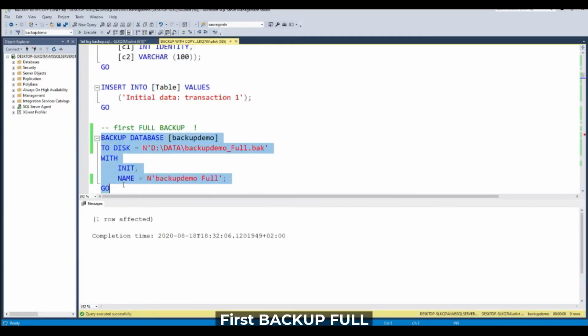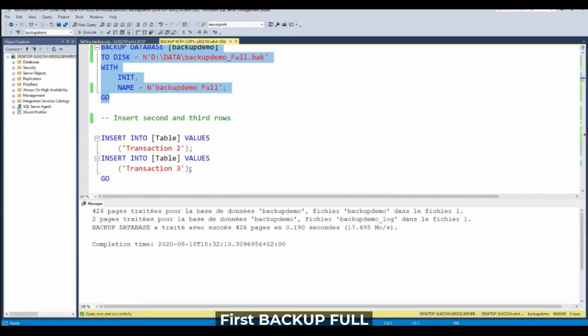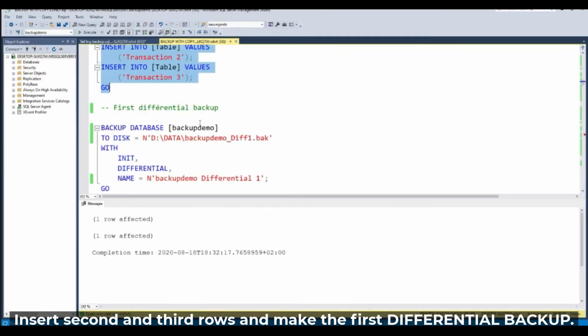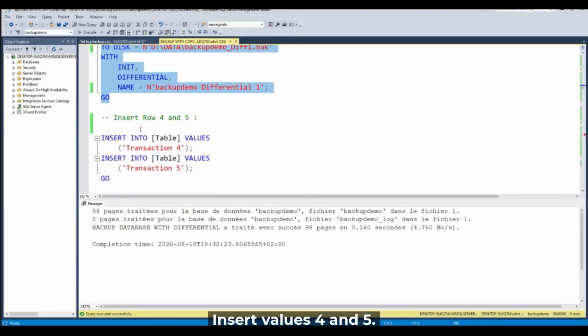First backup full. Okay, it's done. Insert second and third row. It's done. First differential backup. It's good. Insert value 4 and 5.